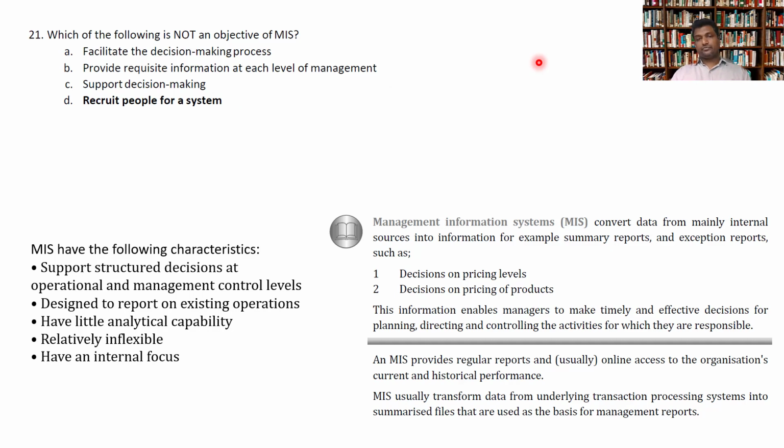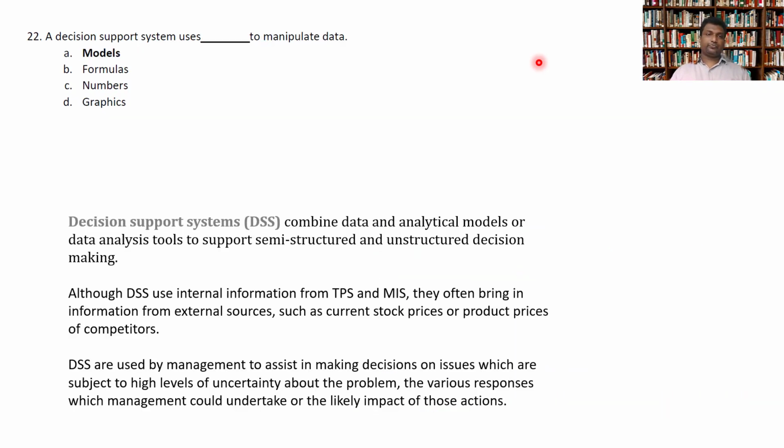Right. Question number 22. So this question is all about decision support systems. So we talked about executive information systems. We talked about management information systems. Now we are in the decision support systems question. So let's look at what the textbook is saying on this. Decision support systems combine data and analytical models. So a decision support system combines the data just like the MIS did. It combines the data and it also uses